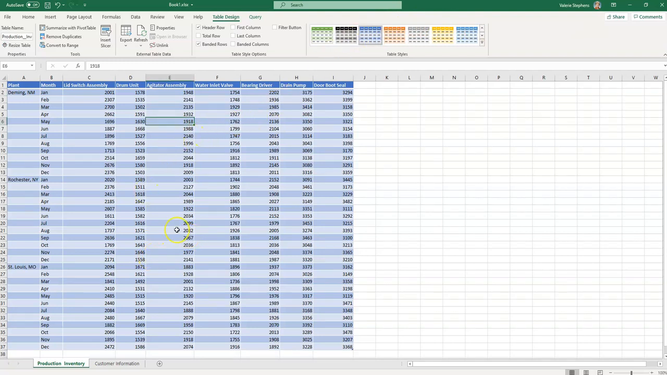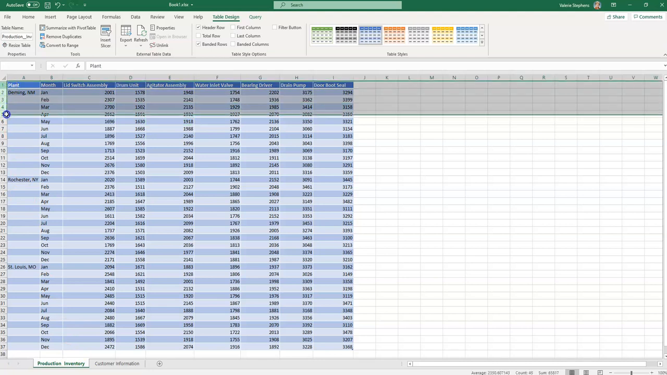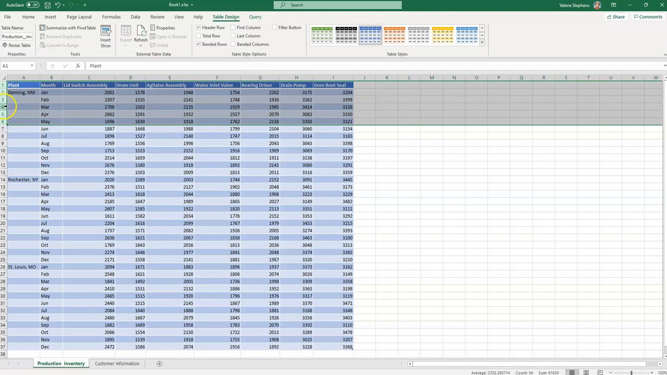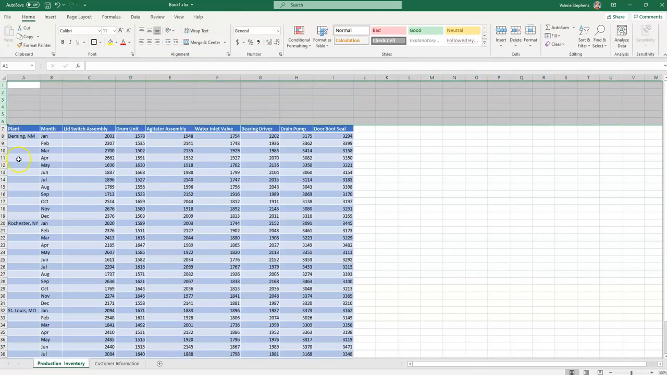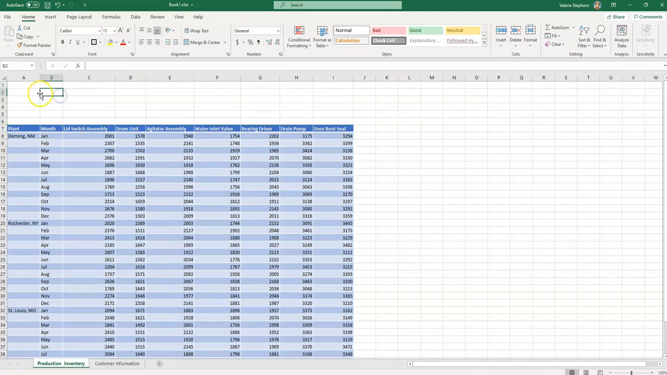And just as we did on the customer information table, let's make sure that the production inventory worksheet is labeled properly. So we'll select the first 6 rows, right-click, Insert, and now we've got a place to write production inventory